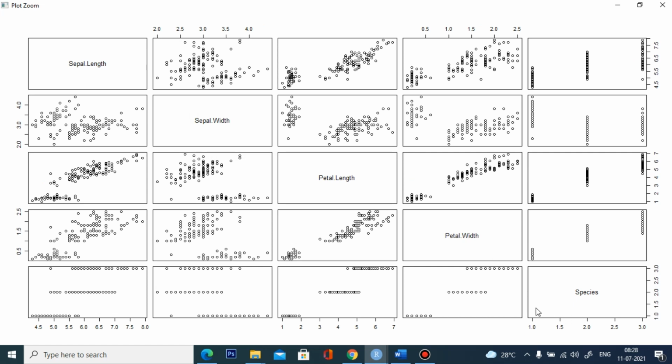Some variables have a better separation of the data sets. For example, in petal length there is a clear separation between the two data. You can see this in the third row, fourth column, a clear separation. In the fourth row, third column, there is a clear separation, and in species too. This is how the data is plotted for each individual variable.